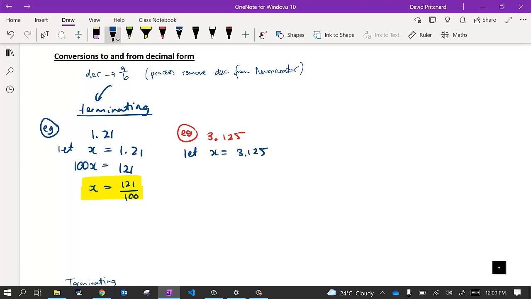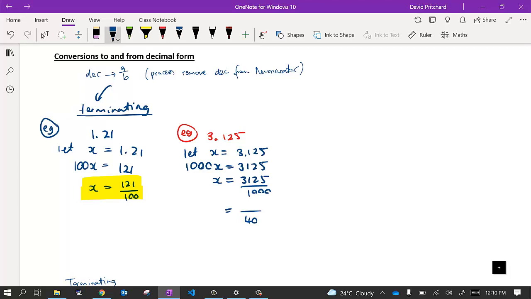And if we're having trouble recognizing that 0.125 as a common decimal that we should know, which is 1/8, we would multiply by 1,000, and we get 1,000x, and that will give us 3.125 when we divide by 1,000. So x is 3.125 on 1,000, and now we can go through some process of simplification. If we divide by 25 on top and bottom, then 25 goes into 1,000 40 times,